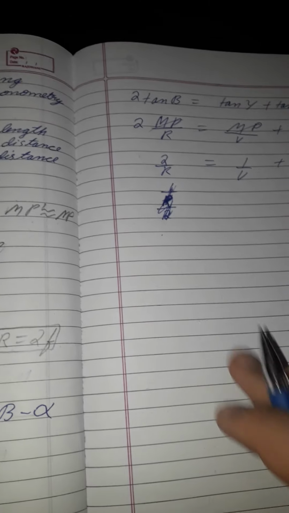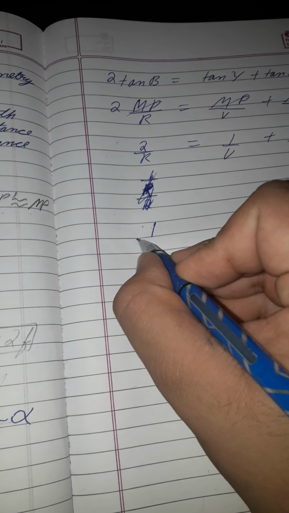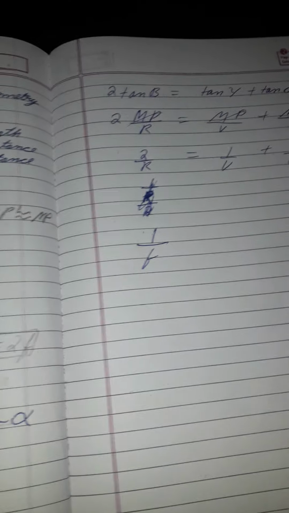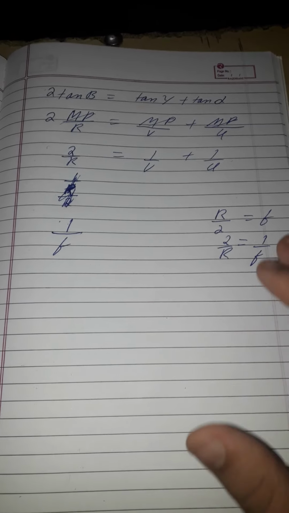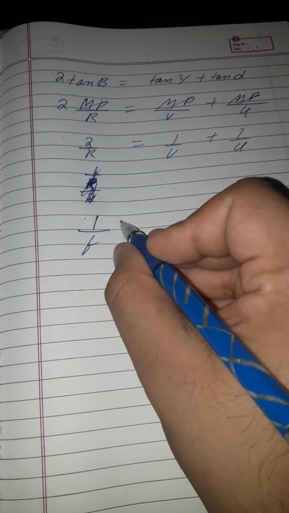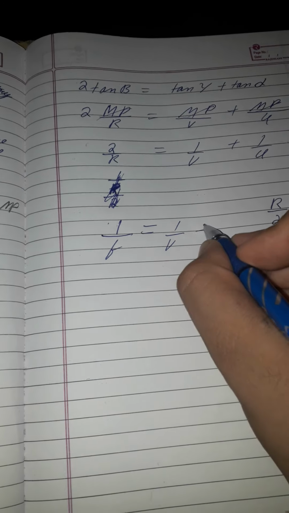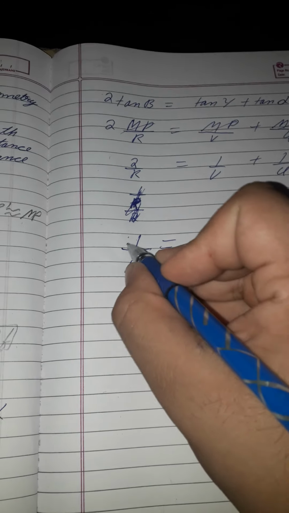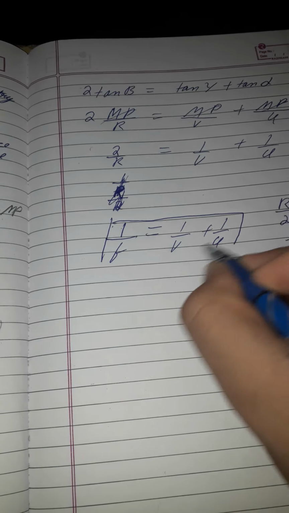So instead of 2 by r, I will write here 1 upon f, because 2 by r is nothing but 1 upon f, as f is equal to r by 2. So 2 by r I am writing as 1 by f, that is equal to 1 by v plus 1 by u. Here you have your equation, mirror equation or mirror